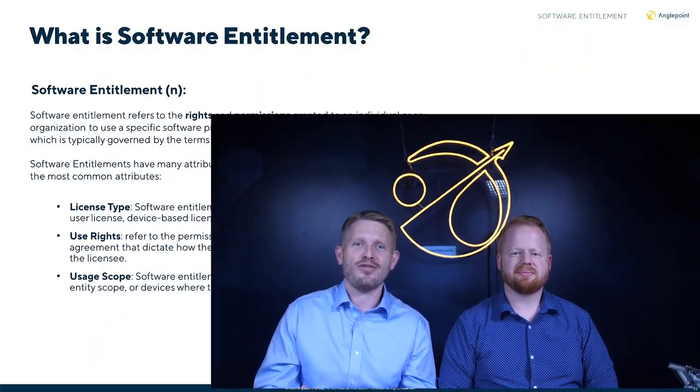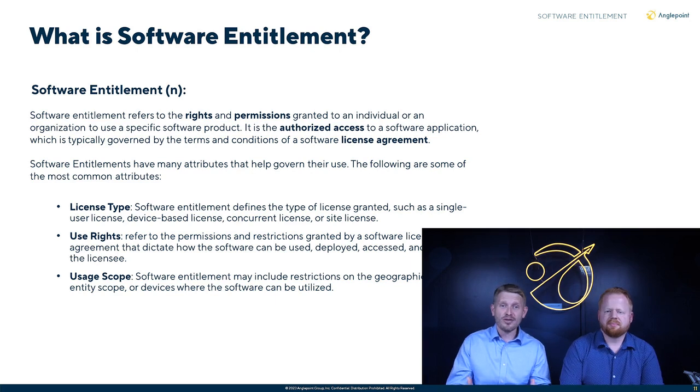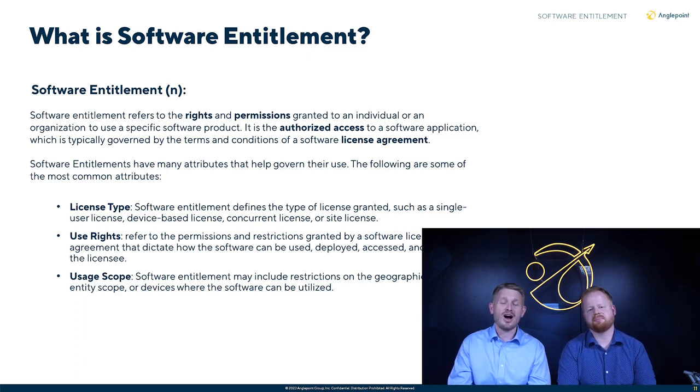So what is software entitlement? Software entitlement refers to the rights and permissions that go along with the software, with the individual organization's ability to use a specific software product. And the application is typically governed by terms and conditions that are found within a software license agreement. And software entitlements have many different attributes, often many more than are shown on a PO or an invoice. And this is what makes it difficult, because you have to know those to be able to understand what you